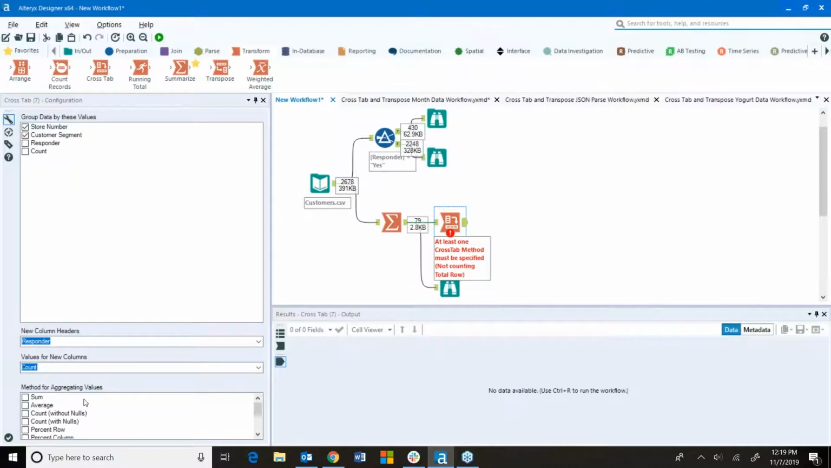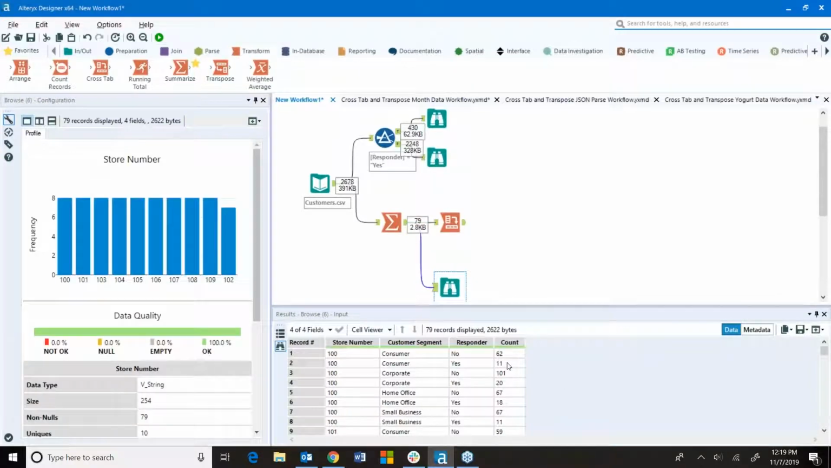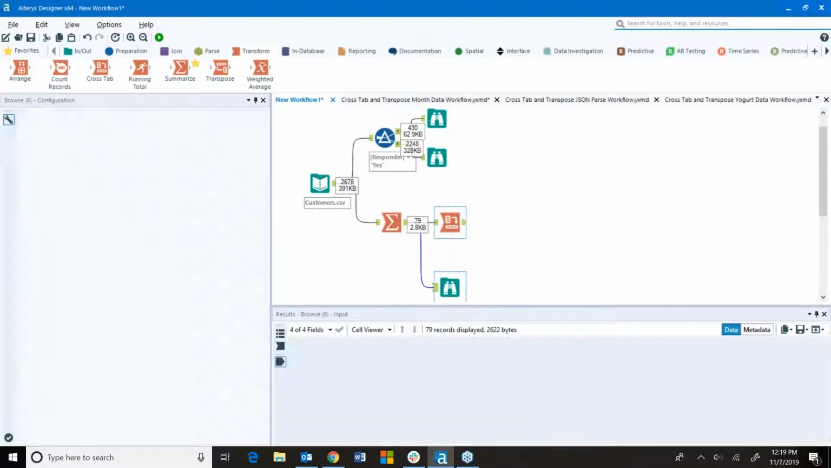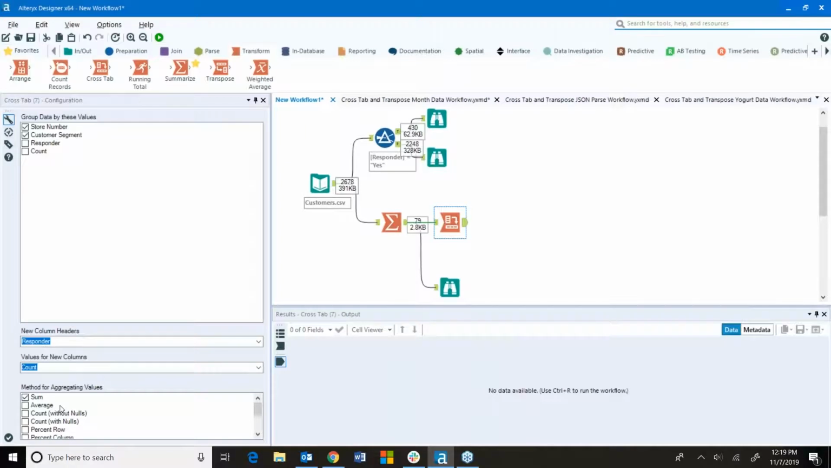So once I've got these together, I do need a method. So it gives you a nice little reminder, at least one method needs to be specified. And first I'm going to just do sum as my method for aggregating values. My values actually are unique per each one of the rows, so I don't really have any summation going on, but I do need to choose something as my aggregation method for the way the crosstab tool works. So I'm going to do sum, and then I'm going to go back and show you some of the other